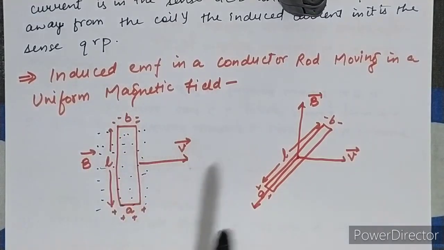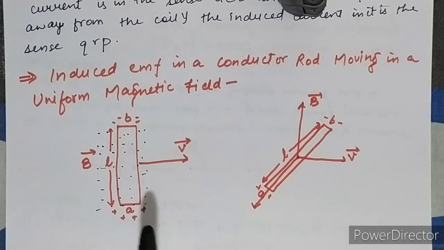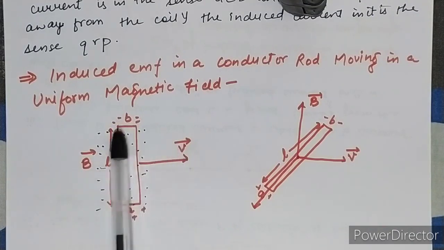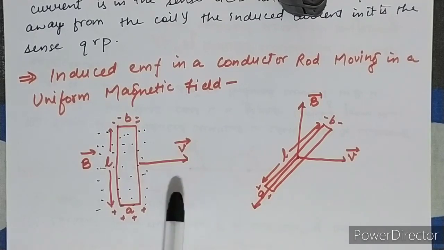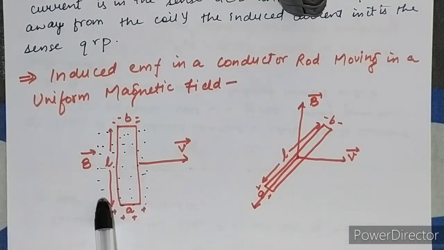Okay, now the conducting rod AB of length L is placed perpendicular to the field. The rod is moved with the constant velocity V, which is also perpendicular to the direction of both the length and the magnetic field B. Okay, now there are some free electrons present in this conducting rod also, which also move with the velocity v in the magnetic field. Now the magnetic force on the moving free electron, we have discussed in the previous chapter about this, is Fm equals q into v cross B. Okay, so the theory you have to write on your own.